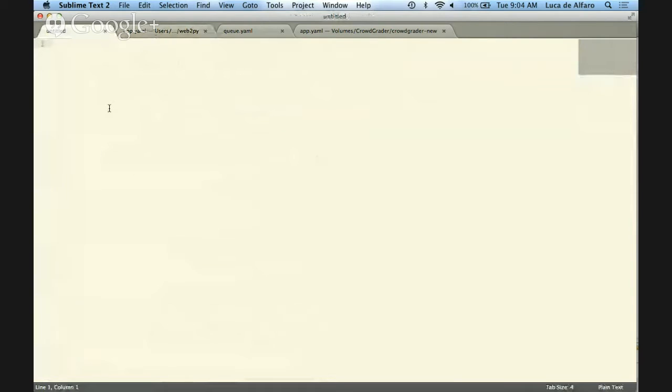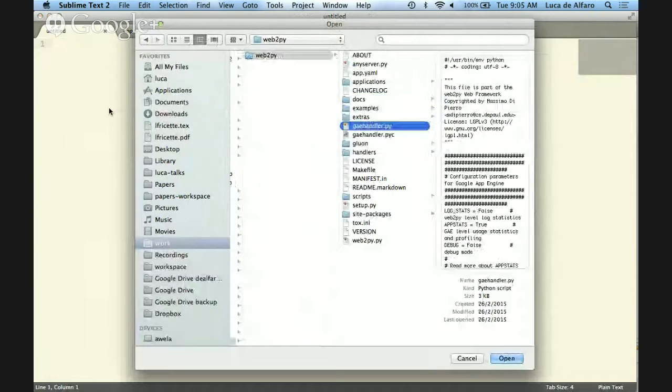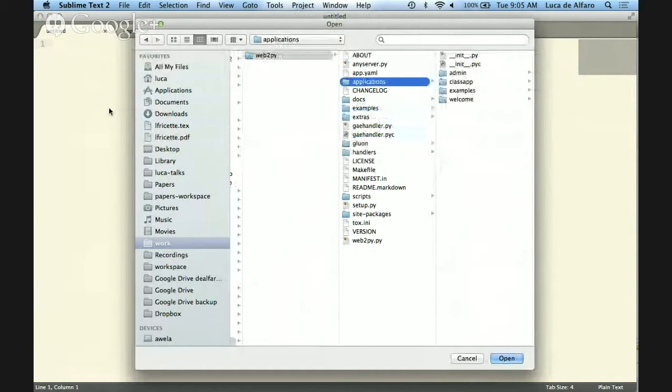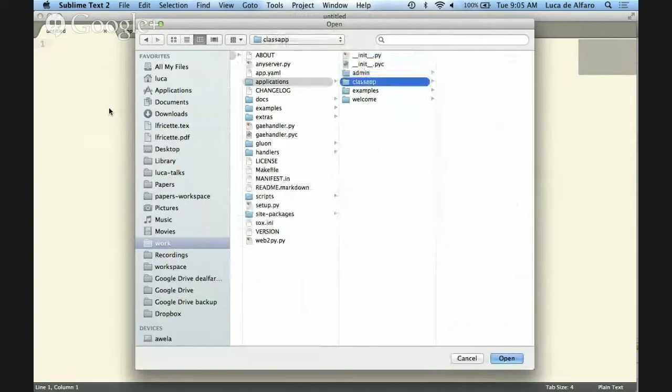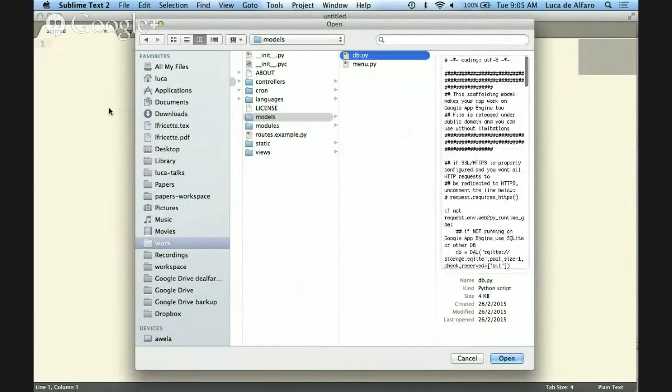Another thing that I wanted to do is show you in detail and talk a little bit about the choices here in db.py. So if I go here, class app, models db.py.